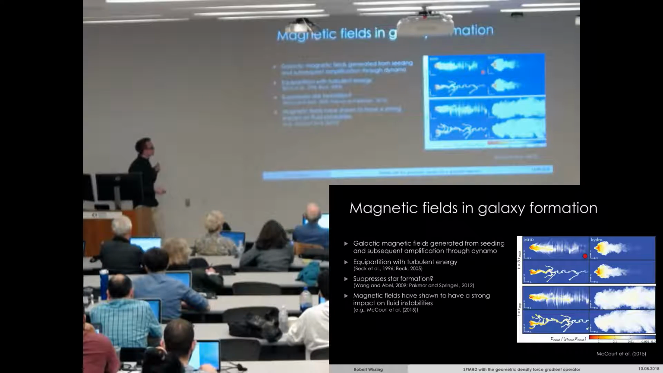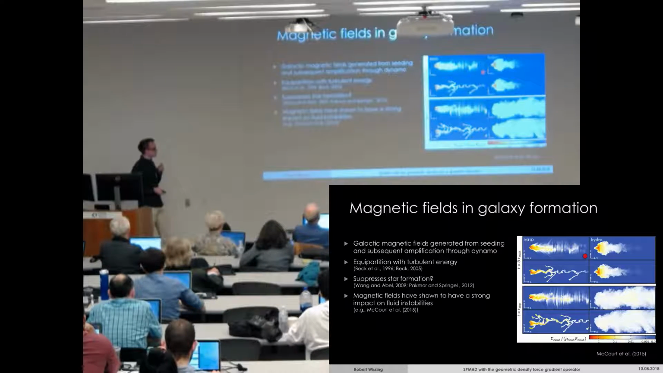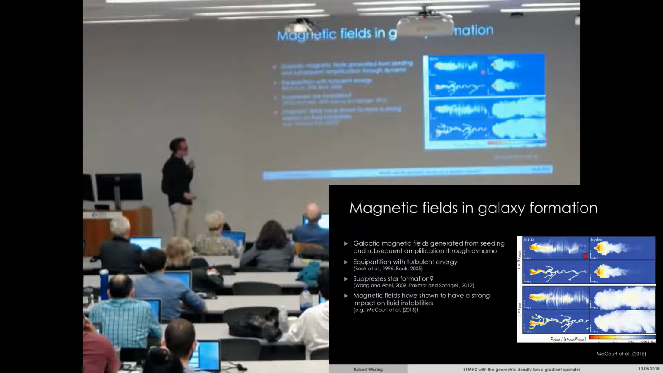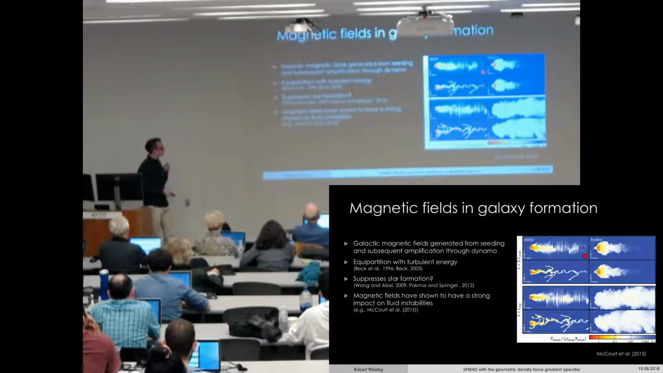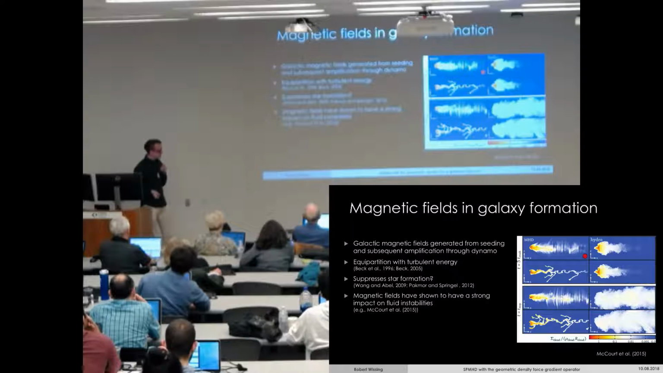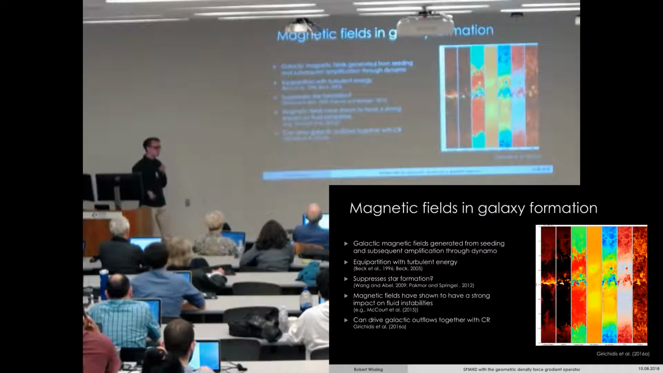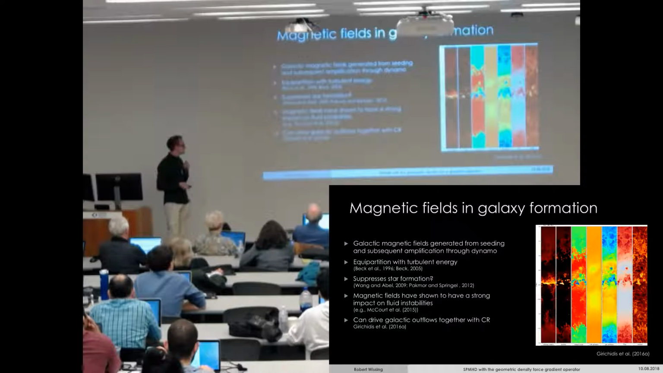But something that has been shown is that magnetic fields have a strong impact on fluid instabilities. Here you have a cold gas blob being accelerated by a hot wind. In hydro, the gas blob is fully disrupted, while in MHD, most of the cold gas is still intact. And finally, we saw just a couple of talks ago that Irina showed that cosmic rays can drive galactic outflows. However, to correctly transport cosmic rays, you need